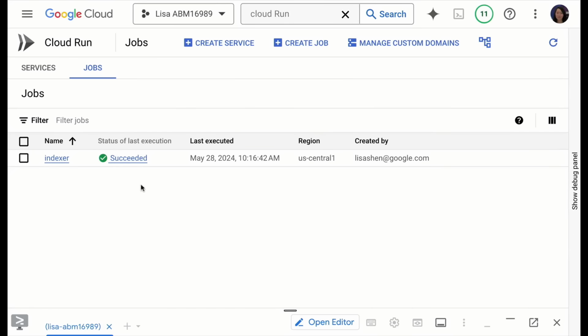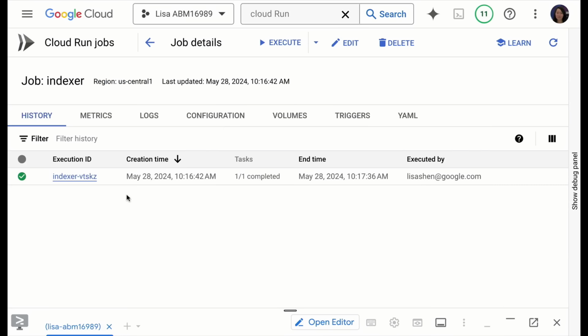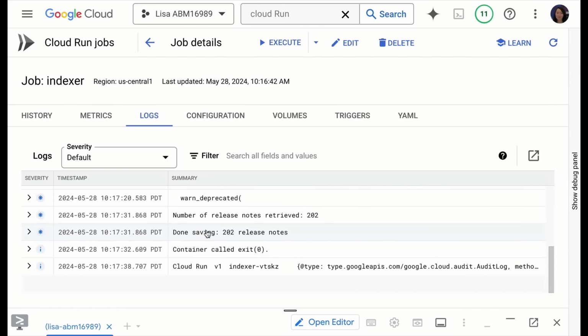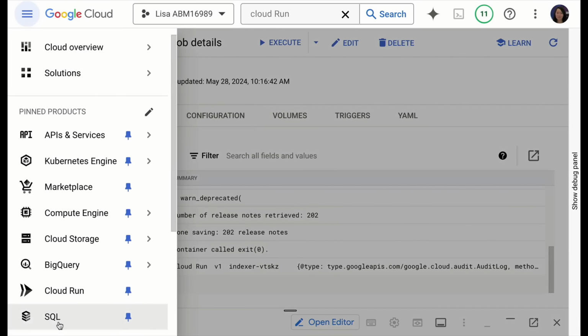Thanks, Steren. So here I did build this yesterday in prep for this session. We have the indexer built here in the Cloud Run jobs, so you can look at the logs. We just examine the code. You can see the logs show my application retrieving the number of release notes from BigQuery. There are 200 release notes, and then we save the 200 release notes in the Cloud SQL. If we have time, you can even look into the Cloud SQL and examine your pgvector